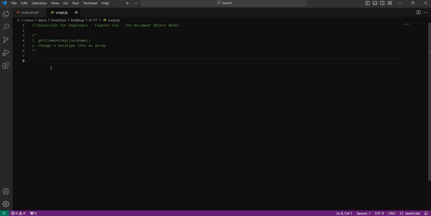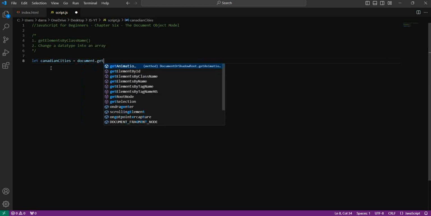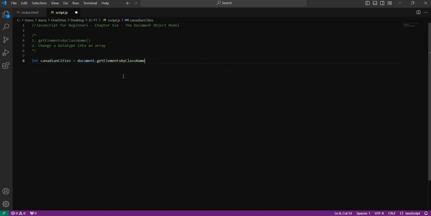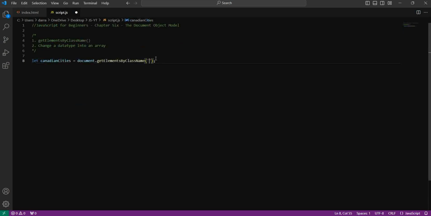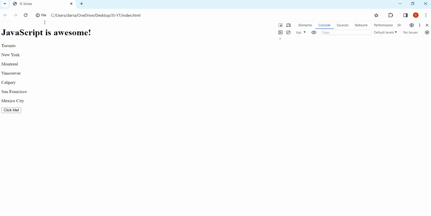The first thing I want to do is create a variable. I'm going to say let Canadian cities be equal to document dot get elements by class name. We have our parentheses because this is a method, and we need to pass in the class that we're looking to get from the document object model. So if we paste it in there, we now have our Canadian cities. I want to log out the Canadian cities so you can see it. So console.log Canadian cities, and if I save and refresh, we see here we actually get an HTML